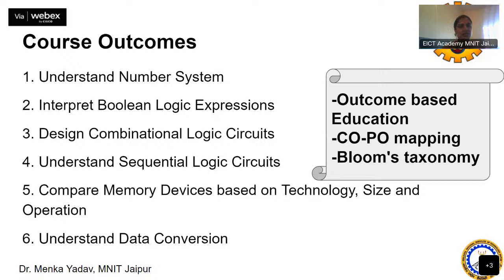The second one is Boolean logic expressions: how to solve the Boolean logic expressions, what the basic gates are, how these basic gates will be helpful, and all these things are included in this second unit and the course outcome. The third unit is related to combinational logic circuits. So it includes, madam,